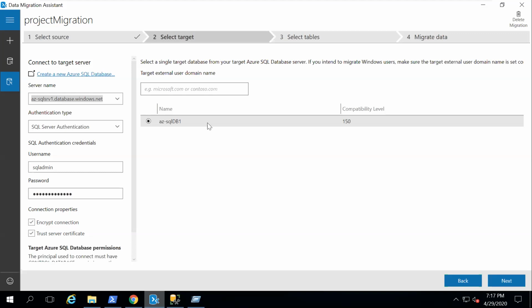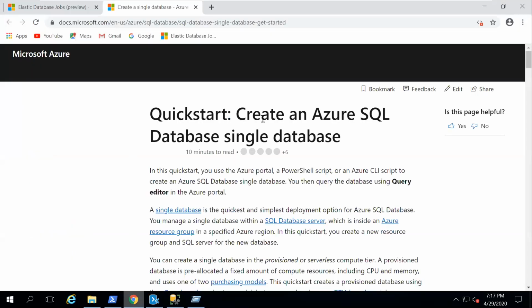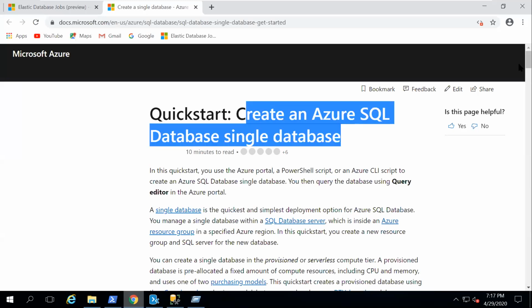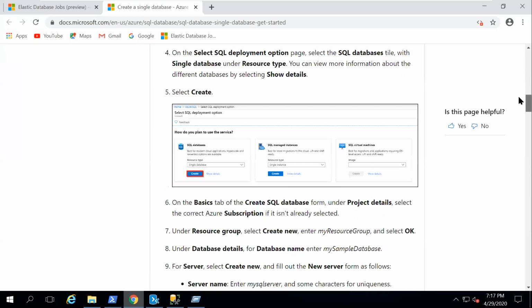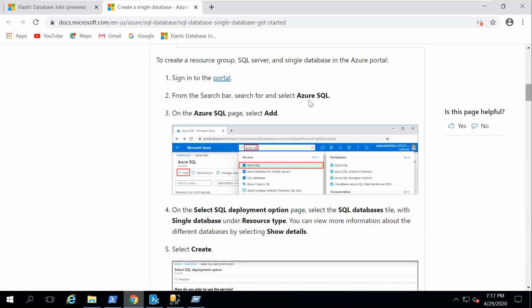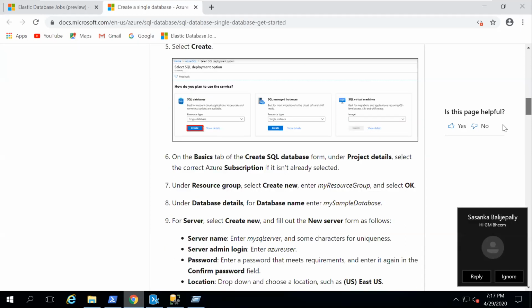Now we have a few options over here. On file, we can create your database here. It navigates into the quick start for creating the database, but first of all you have to log in. Here is my add databases option. Just go to this portal and add a database. That is the option where you can find it.